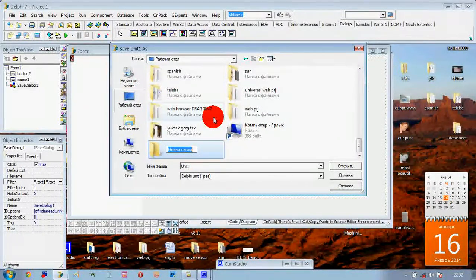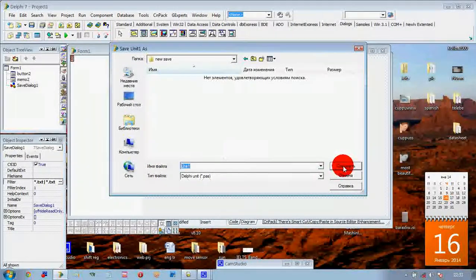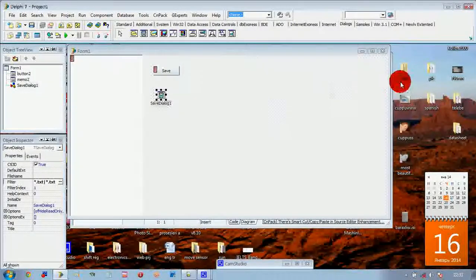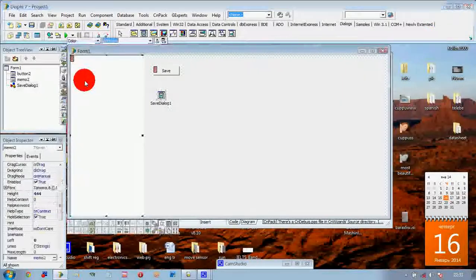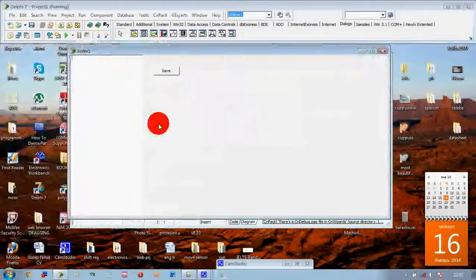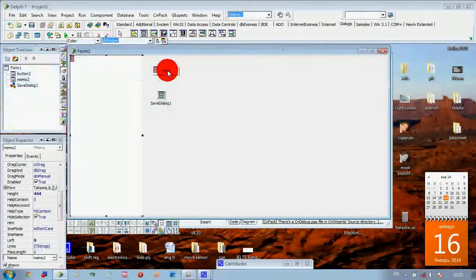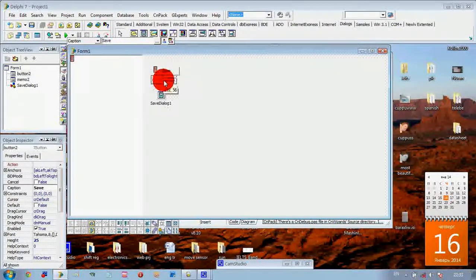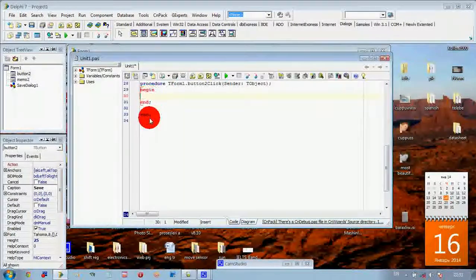Let's first save our files here, and let's make a new directory folder for it, a new save file for example, and here, okay, let's save it. Now we type something here, for example hello, and oh my god, we have a problem because we haven't typed the code or program. Firstly let's press the